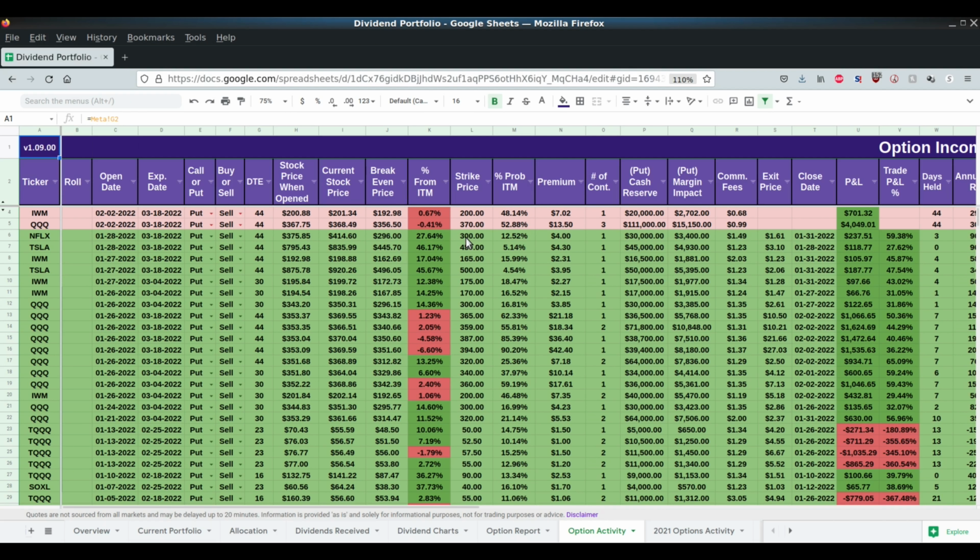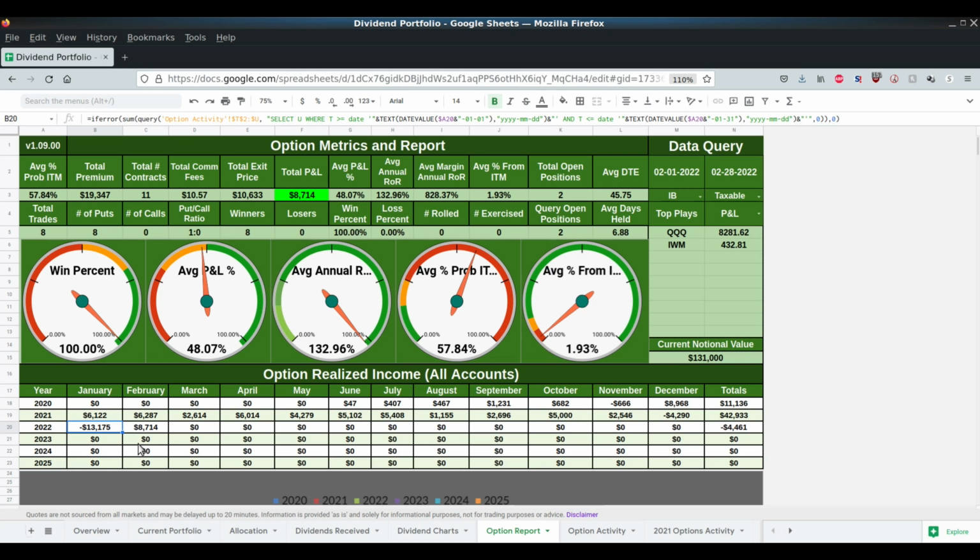And maybe tomorrow, because of Facebook's big sell-off, I'm actually going to open up another QQQ or maybe even IWM tomorrow as well. So I'm still on track. Well, I don't know if I'm on track, but we'll see. I should be able to be on track by March, April. Assuming the market stays where it is or goes up, I should be able to be on track to make $24,000 to roughly about $30,000 in options this year. Last year was $42,000, so...